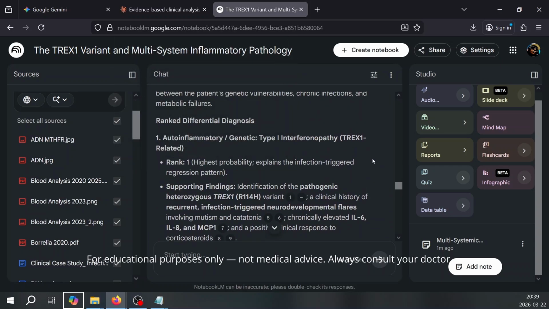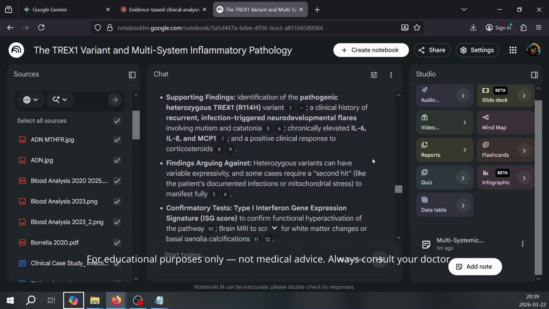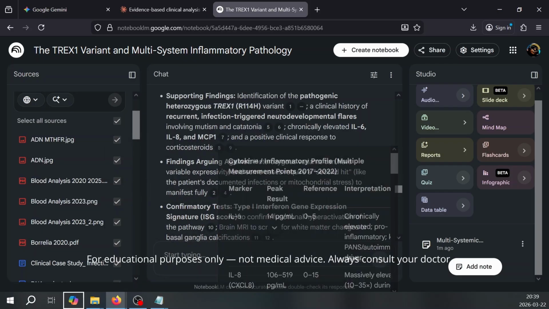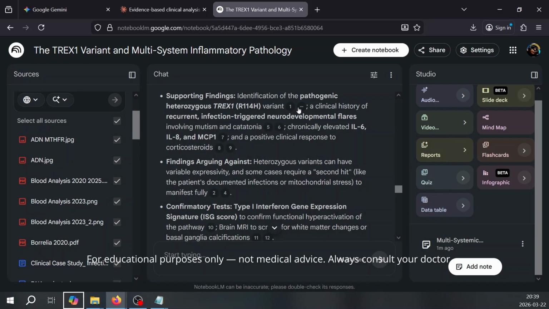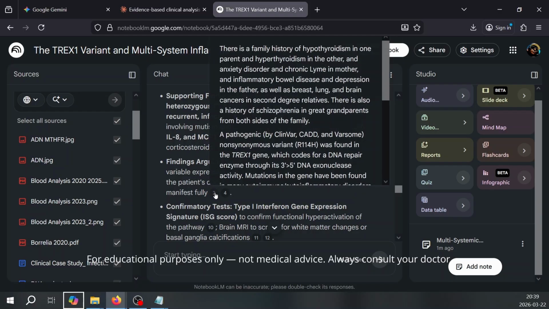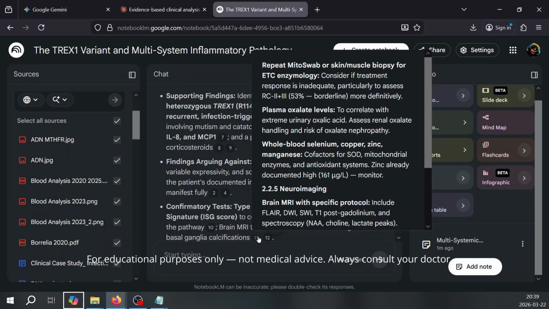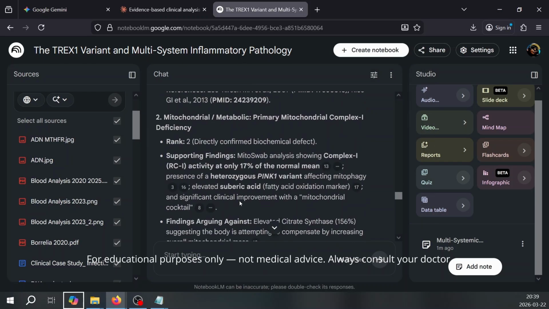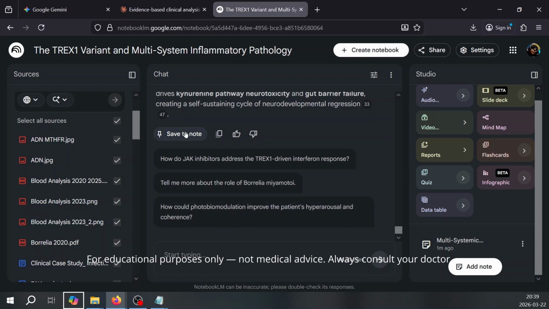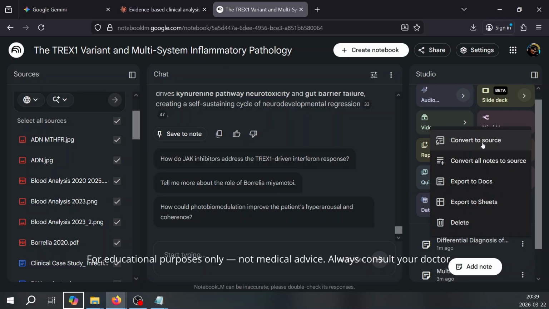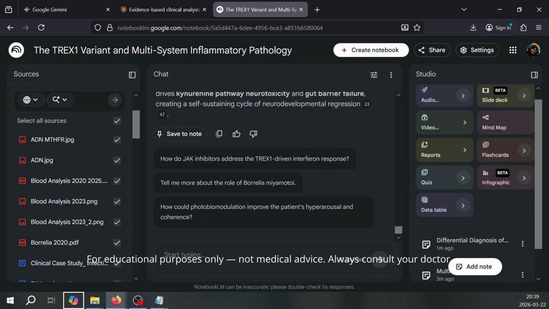So it's doing it. It's providing me with, you see, the little markers which show where it gets the source from, either from in here or from the scientific literature. Okay, and I'm going to do the same. I'm going to save this as a note, and then I'm going to convert it into a source. Finally, I'm going to do my third step, which is